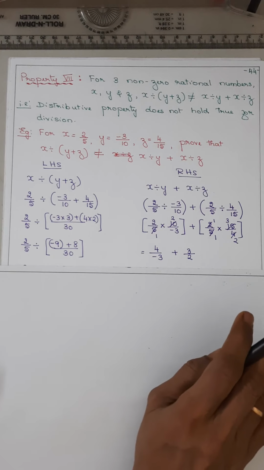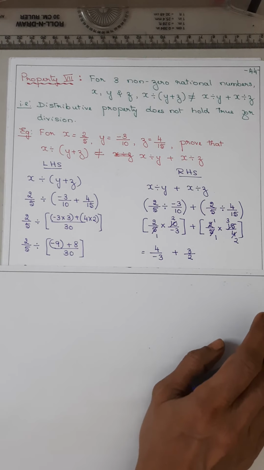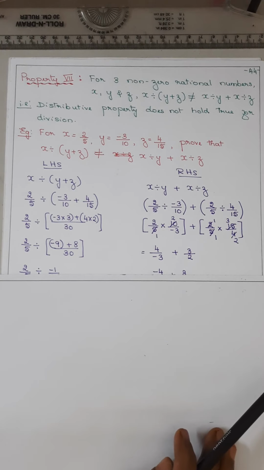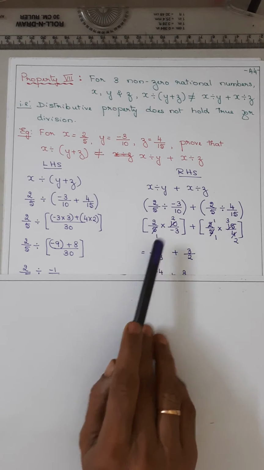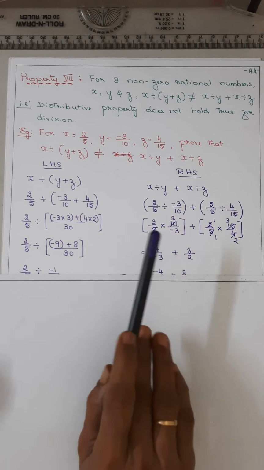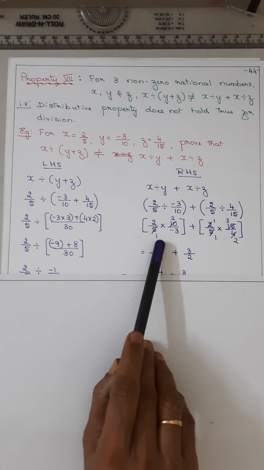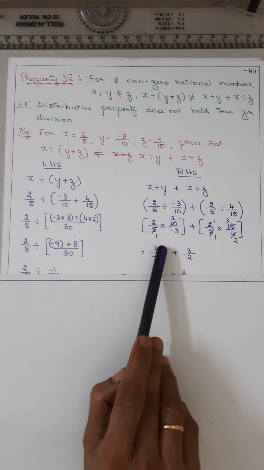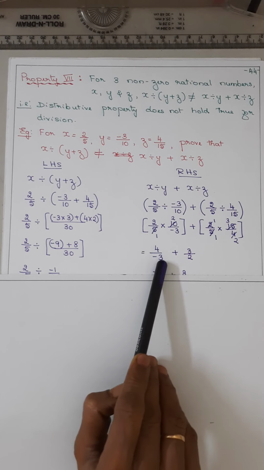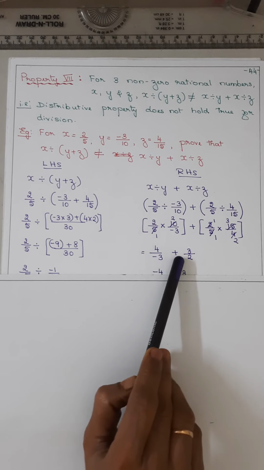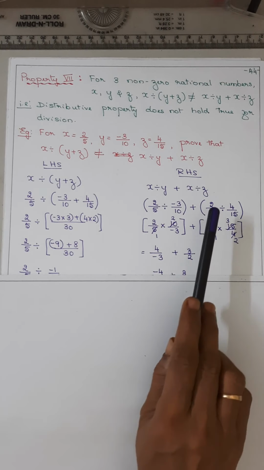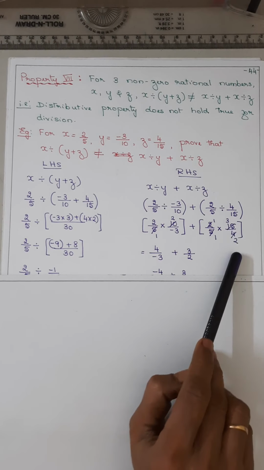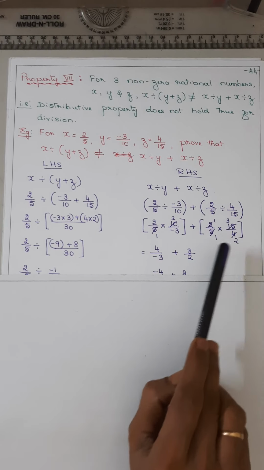Hope all the students are understanding. Now the multiplication. In multiplication it is cancellation. Now 5 1s are 5, 5 2s are 10. There is no other cancellation. Write the answer. Here it is plus, here it is minus. So 2 2s are 4, 1 3s are 3. That is minus 3. Plus, here the cancellation. 2 1s are 2, 2 2s are 4. 5 1s are 5, 5 3s are 15. 1 3s are 3, 1 2s are 2.